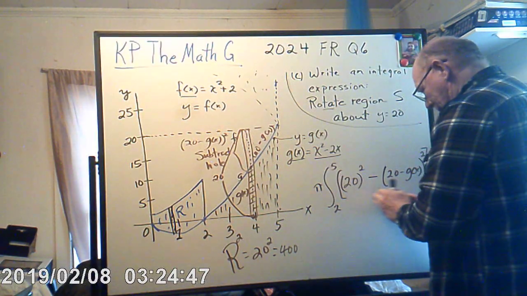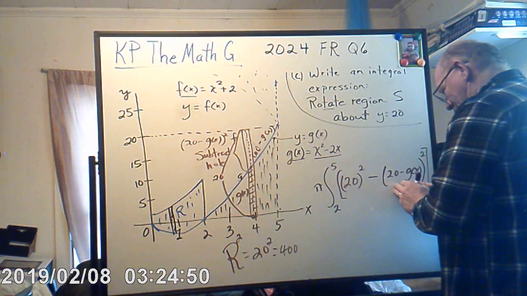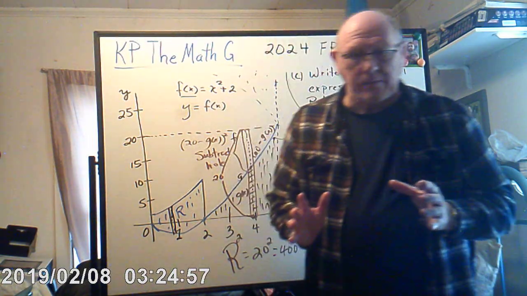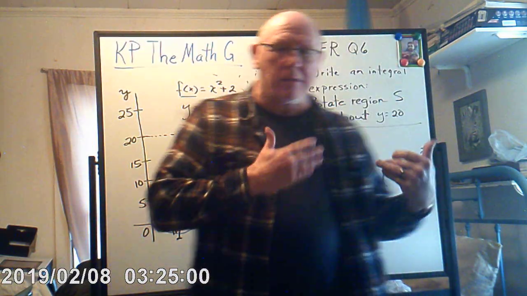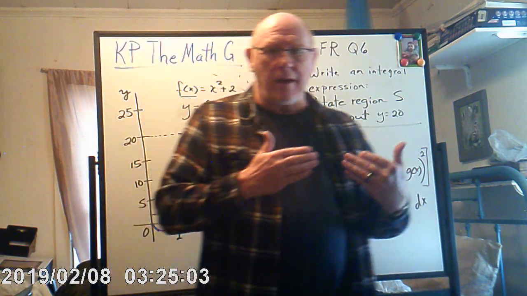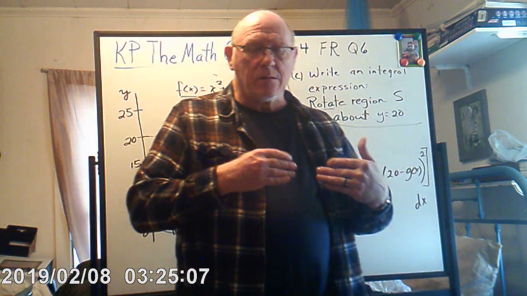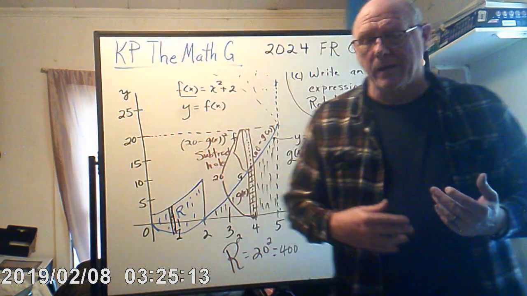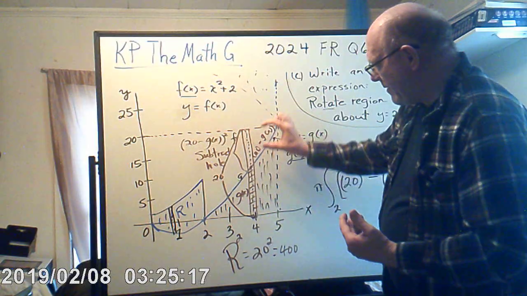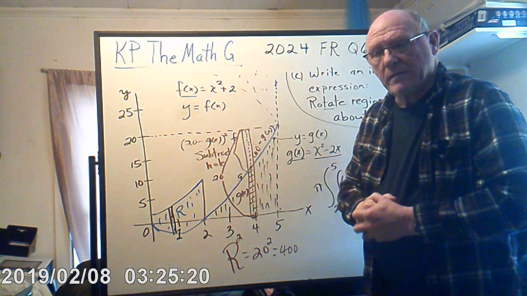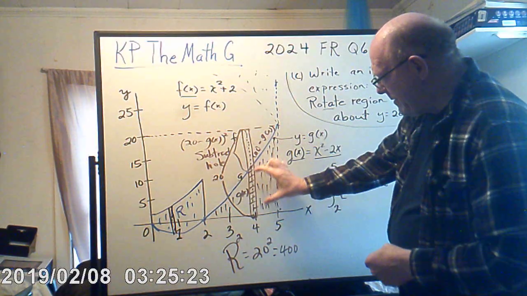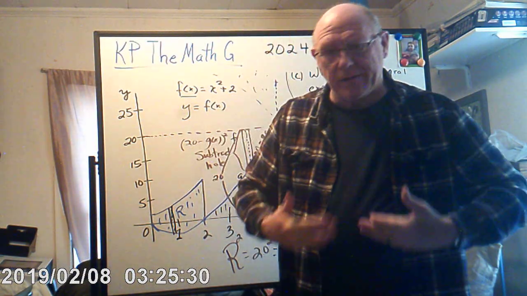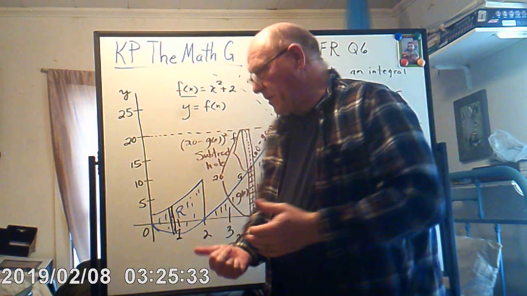It's always this. Got a whole, this right here, minus, and then 20 minus g at x. I'm really hoping that by looking at this visual here, you understand the different parts here. Okay, this height, and now what's this part right here? I see 3 things here. This, and that. That's what I see when I'm doing this. And if you can focus your attention on that and get where you understand this, you will do these with